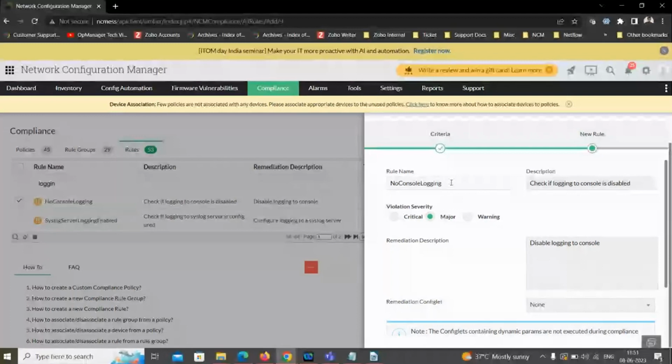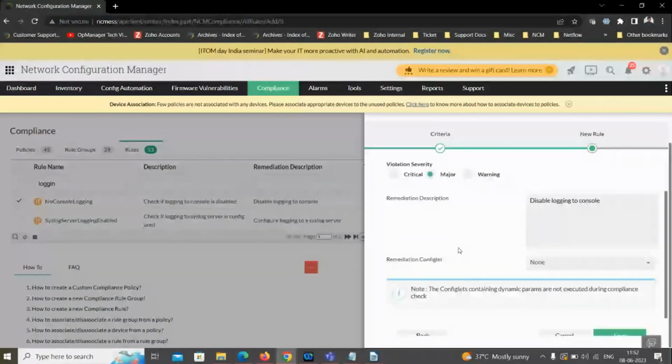So if that particular rule gets violated, what should be the severity? It should be a major, or a warning, or a critical one. You can set the severity for the violation, and then you can configure the remediation configlet as well. The remediation configlet is used when NCM runs a compliance check and finds any violation, then we can set this remediation configlet to execute the commands on the device